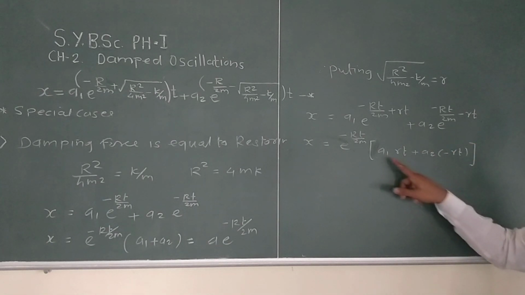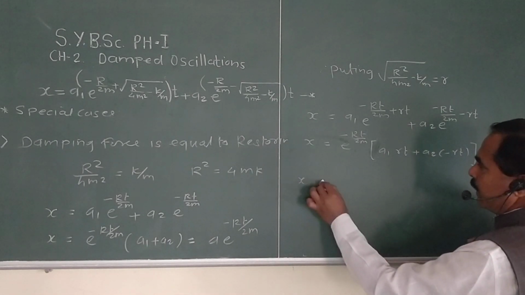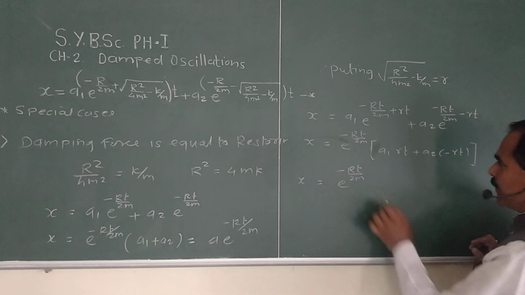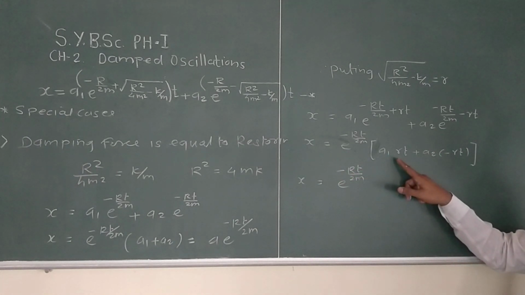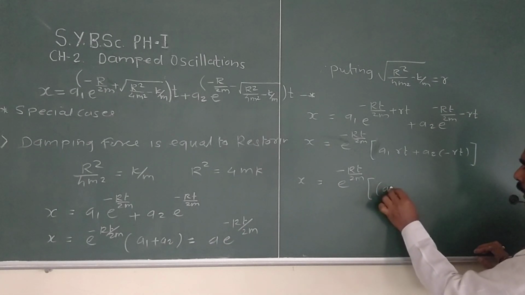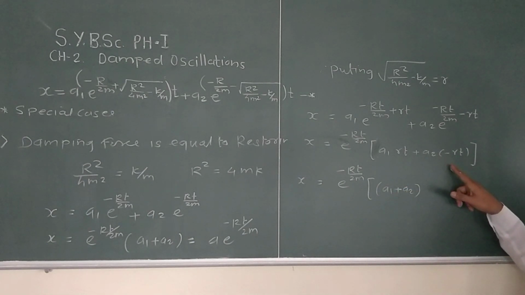Okay, then we take a1 plus a2 common, therefore x equal to e raised to minus rt upon twice m, then we take common here a1 plus a2, in first bracket we write a1 plus a2, and in second bracket we write